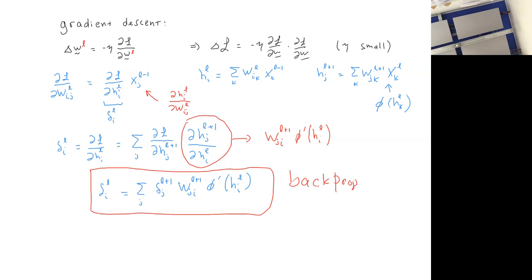What I want to do now is give you a little more intuition for this, and then we'll talk about how the brain might implement it. What you can see from this is that to update the error signal in layer L, for neuron i in layer L, you have to know the weights from i to the next layer. So the neuron has to know its outgoing weights. It's useful to get some intuition for that.